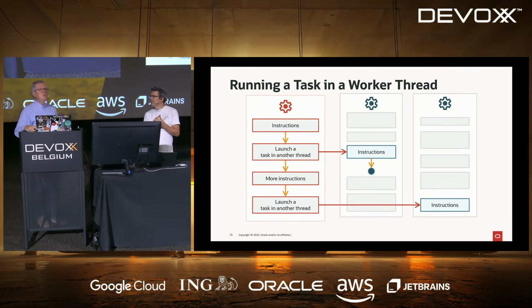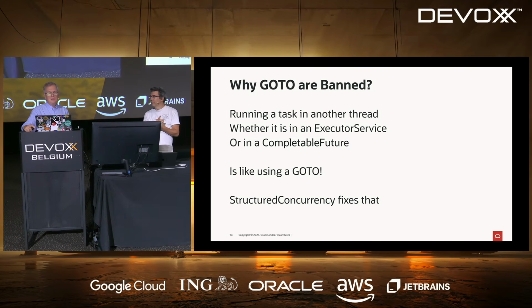For instance, if you want to have a scope value there, this is why you don't want to have a scope value precisely, because if you allow scope values to be transmitted to other threads, this scope value may escape the scope of the calling of the original runnable or callable that you had. All right? And you don't want to have loose scope values, so you don't allow this kind of thing. And this is why structured concurrency is actually fixing that. The goal of structured concurrency is to fix this ugly pattern.